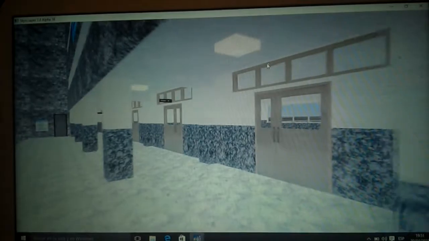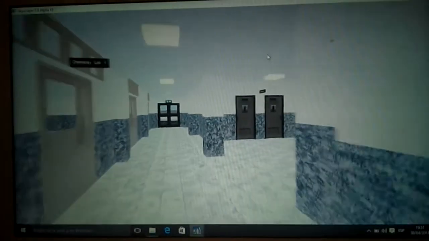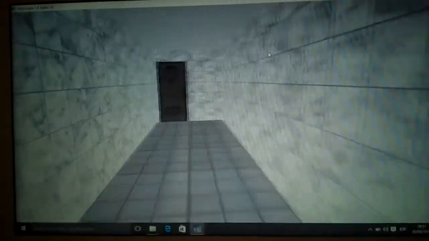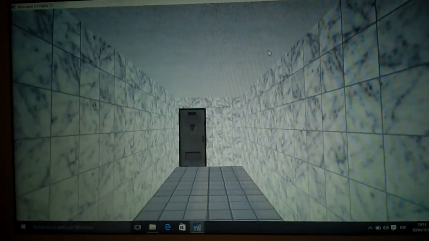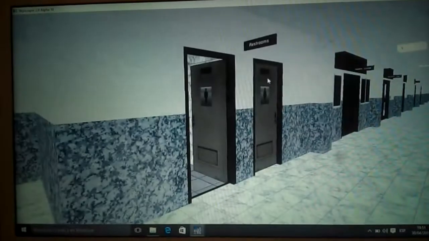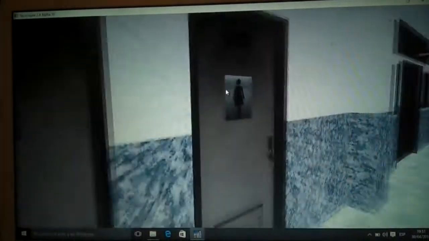Anyways, let's shut the door. Oh man, in Skyscrapers in Camera, I have to go pee. Anyways, let's go to the restroom. Boys' restroom. There, I'm done. Female's restroom. And I think that is just